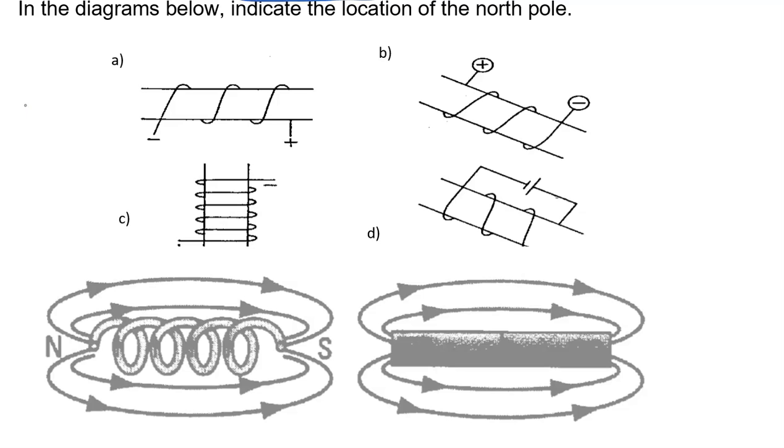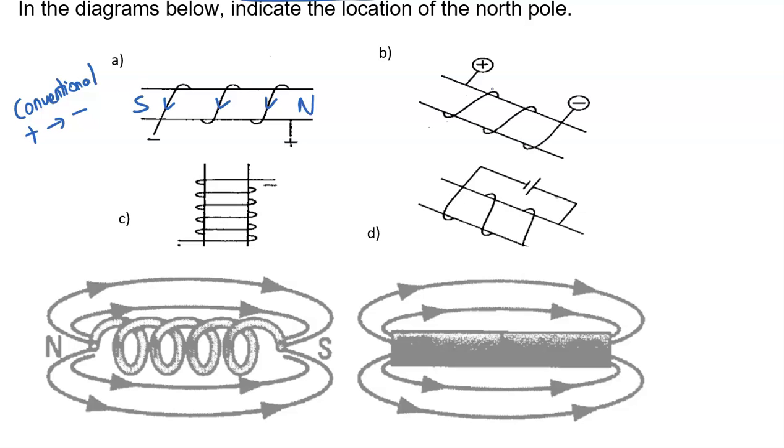The first thing that we need to keep in mind here is what direction conventional current goes. Conventional current goes in the opposite direction an electron would move. And so an electron would be repelled from negative and be attracted to positive. So conventional current goes from positive to negative. So going from positive to negative is going to come down the front like so. And now you're going to use your right hand. No, not your left hand, your right hand. Your fingers are going to wrap in the direction of the current, and your thumb is going to point in the direction of the north pole. So you're going to have something that looks like that. If that makes sense, go ahead and pause the video and try the next few examples and see if you get the same thing that I do.